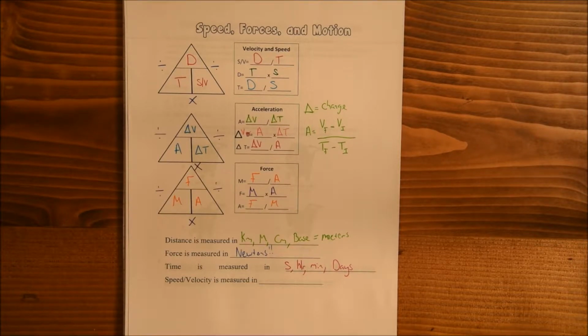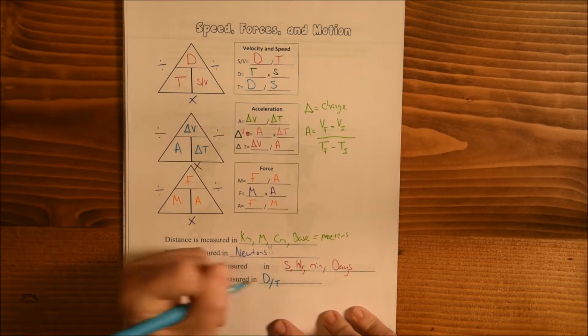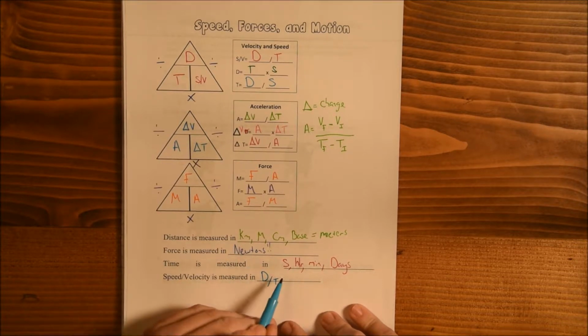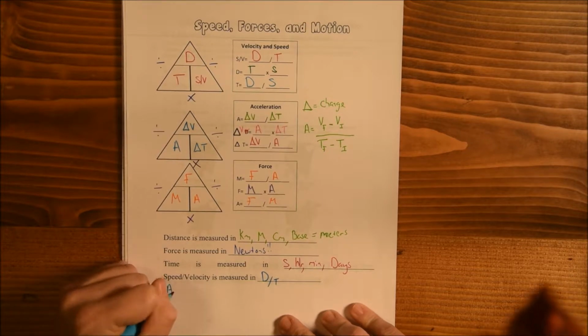Speed and velocity is weird. We need to keep it in a measurement, so it's always going to be distance measurement per time measurement. Okay, so it's going to be like meters per second, kilometers per hour, kilometers per second. Okay, I want you to add down here